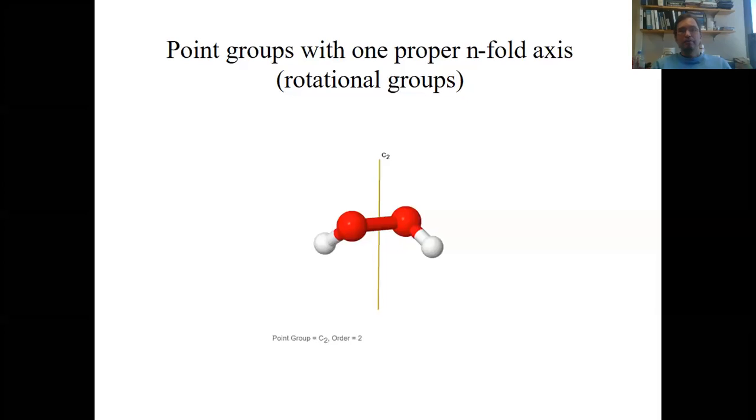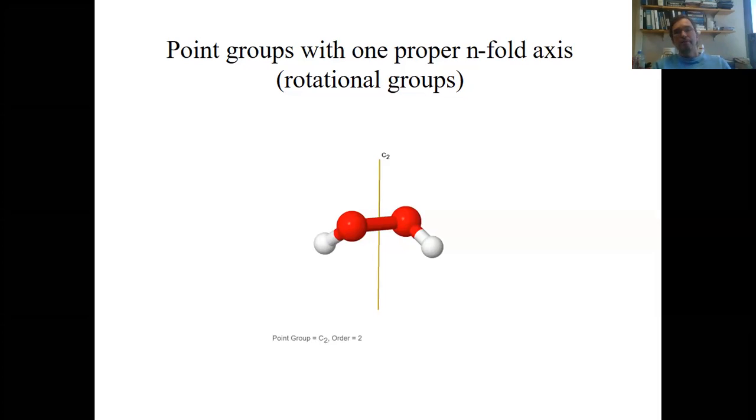Okay, now let's move on with the discussion of the point groups. We have finished the discussion of the low symmetry point groups and the high symmetry point groups. And we have started to discuss point groups with intermediate symmetry. And we have begun discussing point groups that have one proper n-fold axis, and we call these point groups the